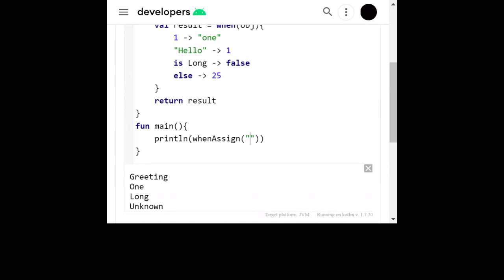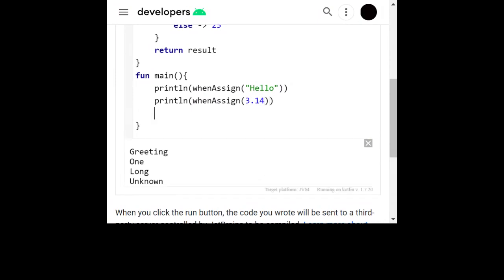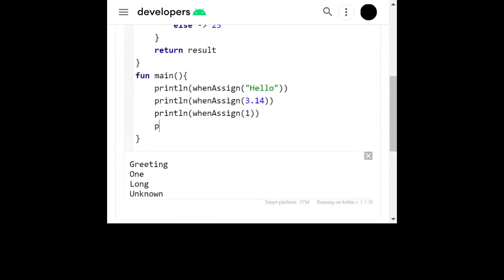Let me pass, okay, again hello, and then println when assign of, let's pass a double value 3.4, println when assign of 1, and println of